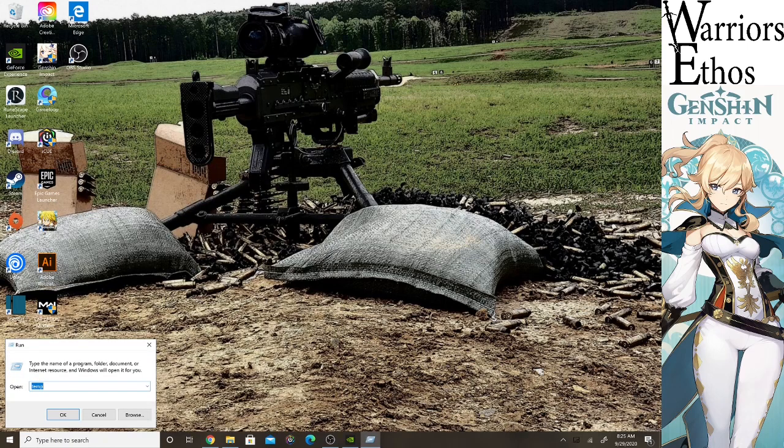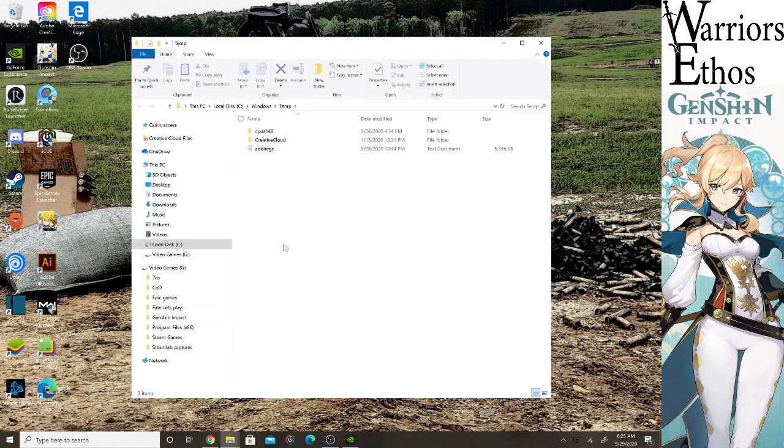Type in run, and then type in temp, T-E-M-P, okay? This is going to show all your temporary files. These are files you do not need. They are not used for anything. Delete all of them. This is going to save you space, and every single time you download something, you're probably